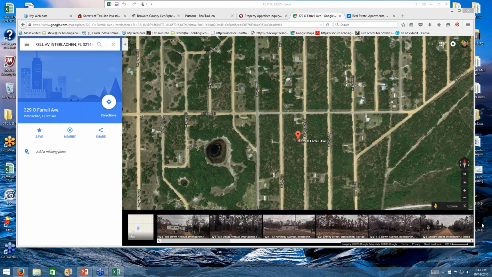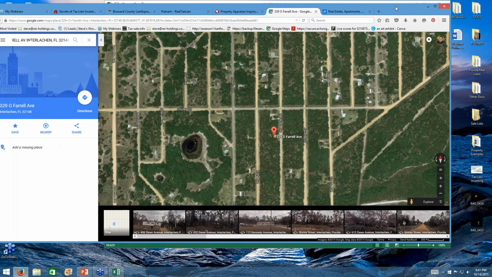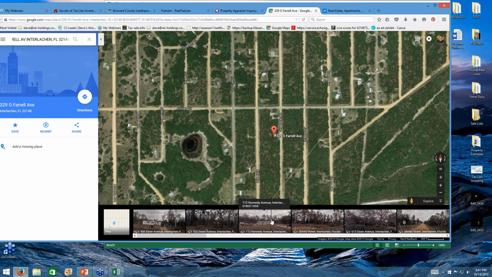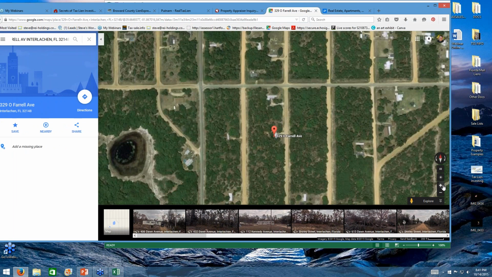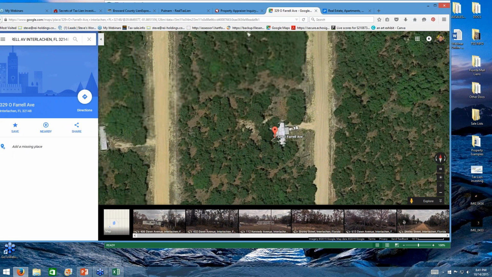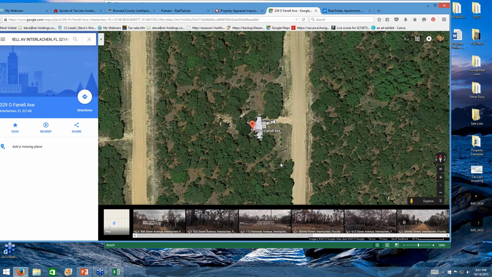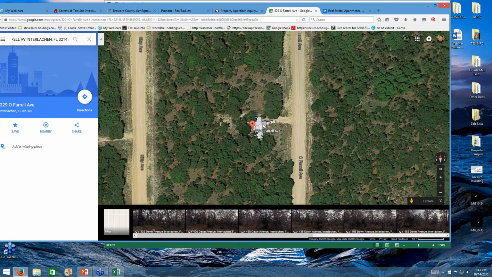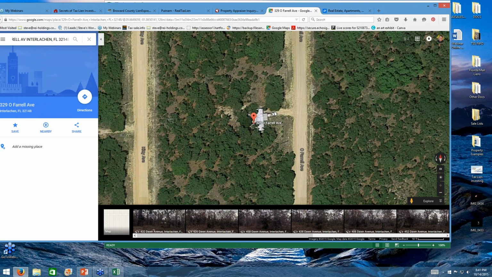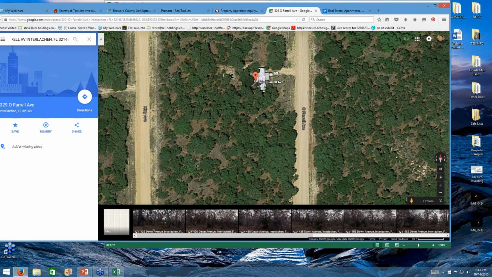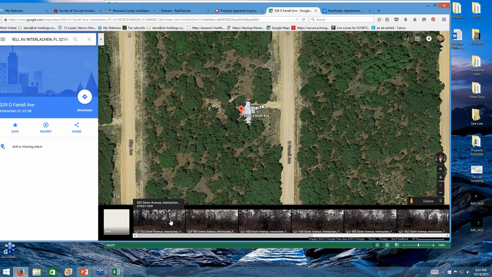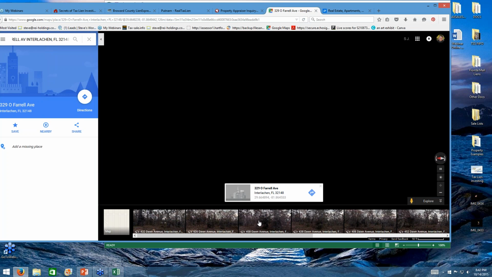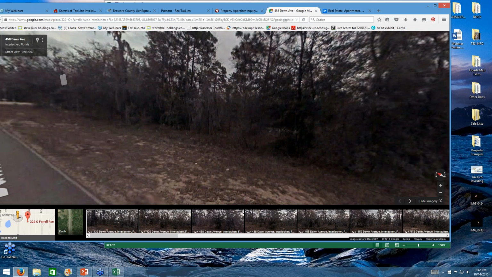Looks like this property's kind of more out in the rural area. I can see the property located right here. We can go ahead and zoom in a little. So we can see that it is one property, and it does look like it has essentially 2 different trailers or something, or some additions. We can also see photos down here of probably similar places within the area, but they do not have a street view. It's going to take us to a different view actually.